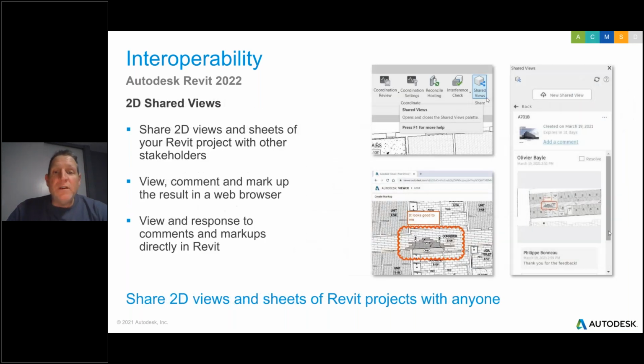Here's the 2D shared view. This is one that I talked about earlier as well. This is going to allow you to take a 2D view. In fact, we tried it last night and it allowed us to do a 3D model as well, but the 2D views are what's important here. From inside of a Revit project, you go to the view and say create a new shared view, and then it will give you a link. Anybody that you share that link with can click on it, and what it's done in the background is uploaded that view to